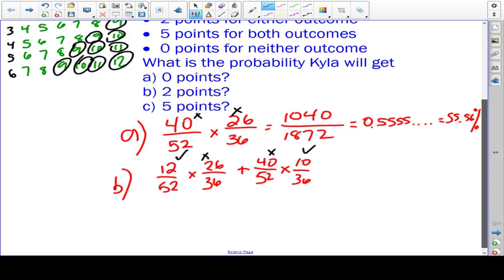Okay? So here we can do this two different ways. We can either get the point on the cards or the point on the dice. So we have to figure out those two multiplications and then add them together. So 12 times 26 is 312. 40 times 10 is 400. 52 times 36, we already found out what it was. It's 1872. So this is 712 over 1872, which